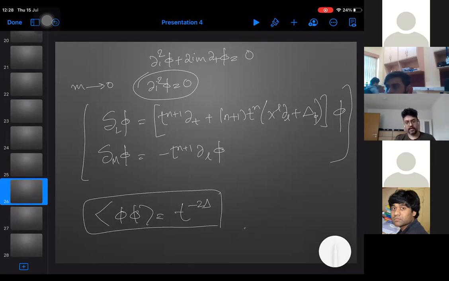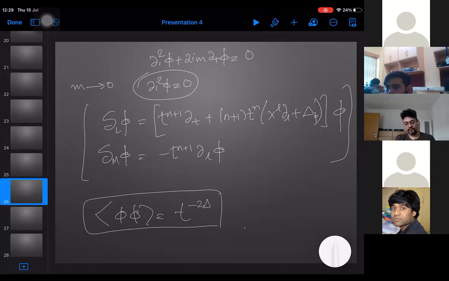Aditya? Yeah, may I say something? Sure, yes. I'd just like to say that even in 2 dimensions, it is still the Carrollian conformal algebra that you are looking for. But since this is 2 dimensions, the Galilean and Carrollian conformal algebras are the same thing if you just do x going to t and t going to x. So in all dimensions, the BMS algebras are basically the Carrollian conformal algebras, I guess.